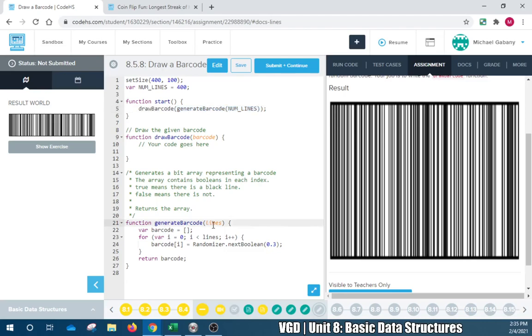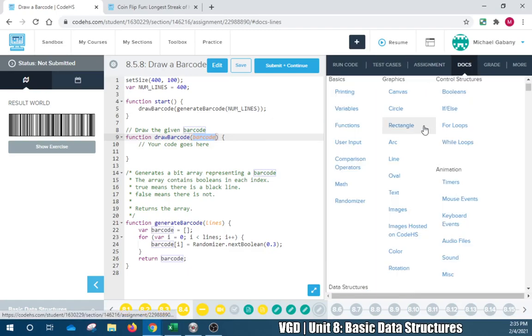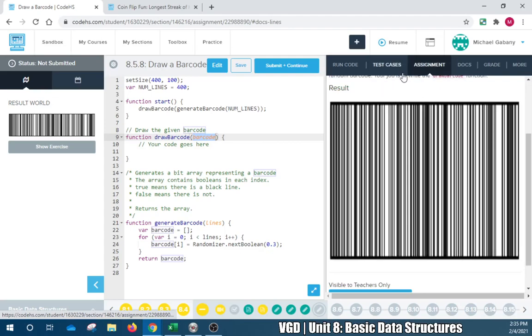And what is this reference? Draw a barcode. Draw the given barcode. Okay. So how does it know its thickness? And how does it know where to start and to finish? Right, so I think that's the assignment. If we go to assignment,